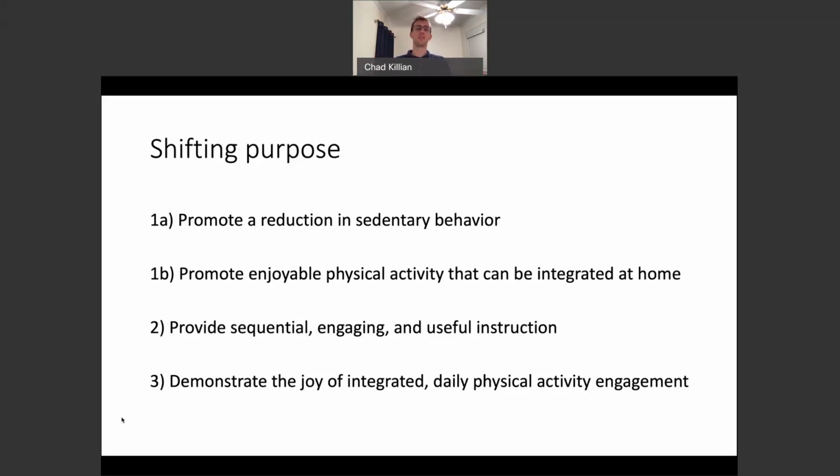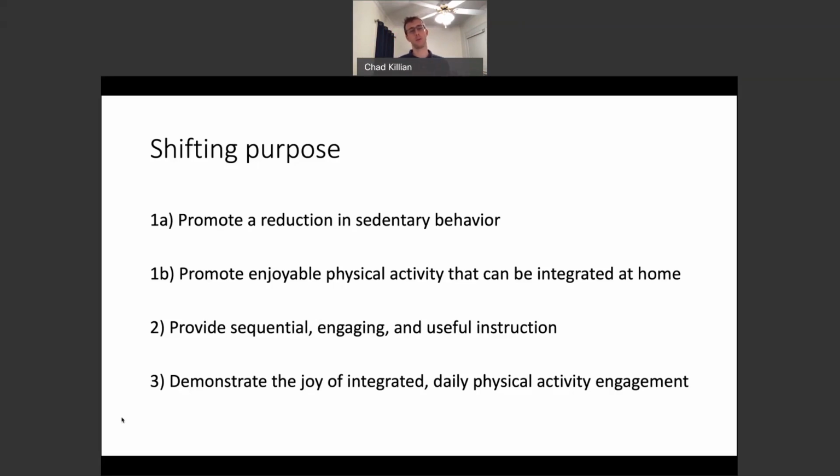Eat your breakfast at your pass-through window for the kitchen. I don't know what it's called. We have one here. Stand up and eat your cereal. Just get off your butt is better than nothing. We don't really know if students are going to engage in physical activity or not, but we can at least encourage them to not be sedentary. It's a dual sort of approach that we can take.